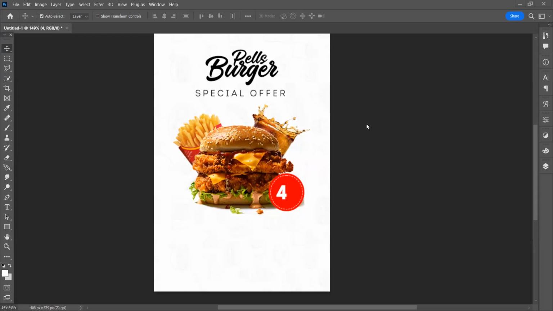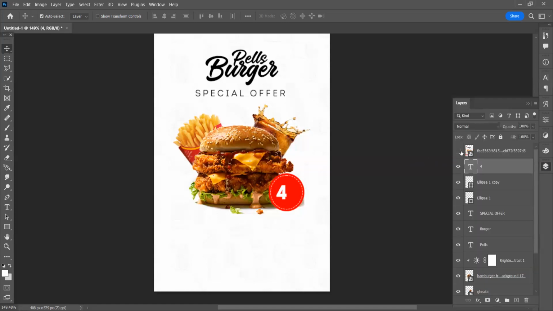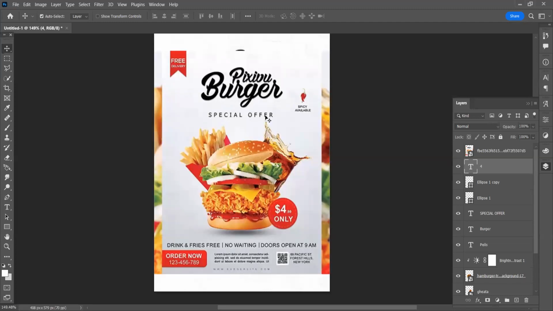So this is where we stopped last week. And this is the design that we want to try and replicate. This is the design that we were trying to replicate the last time, right? So now I think what is left, okay, let me just do a recap.